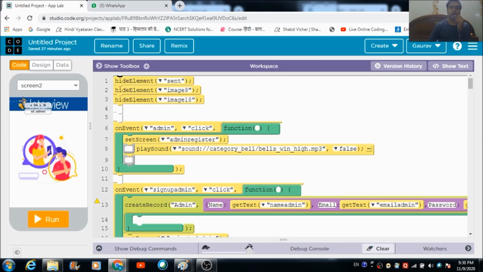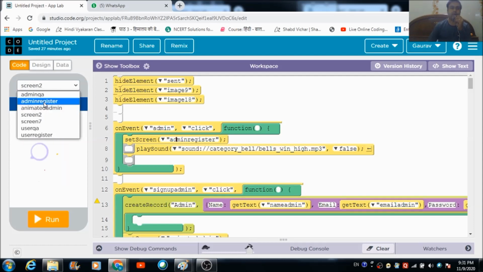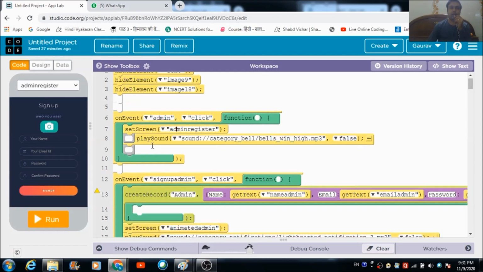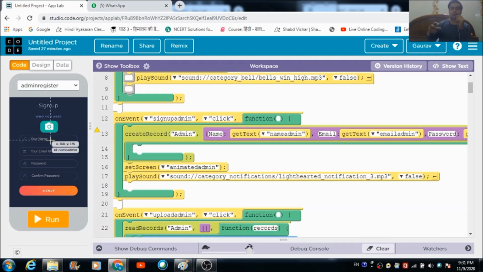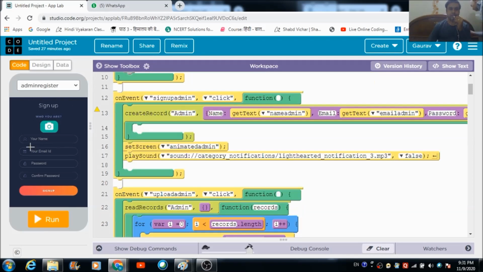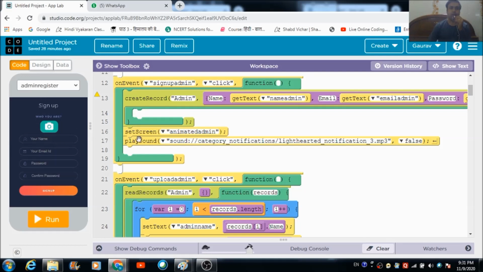When the user hits this image, he is going to get redirected to the screen with the name admin register. Where is that screen? This is the screen.